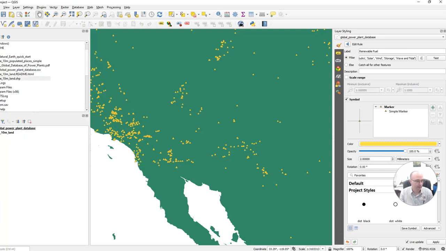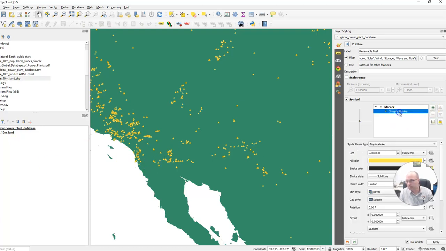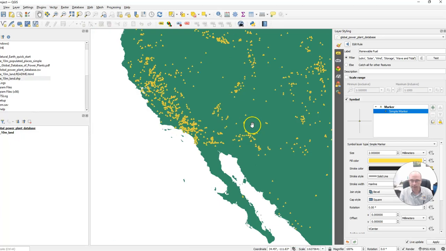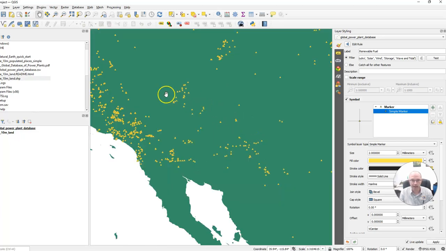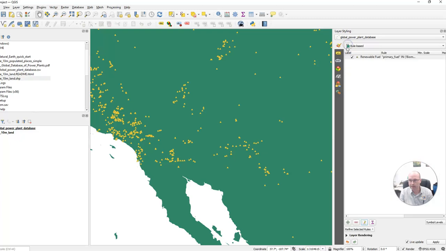So with that in mind, we have edited our rule. We've got our simple marker. We know what our simple marker is supposed to be. And we're not going to change anything from there. Okay. So if you go on to step 15, we're going to exit out of our rule based. Okay. And we're going to go on to step